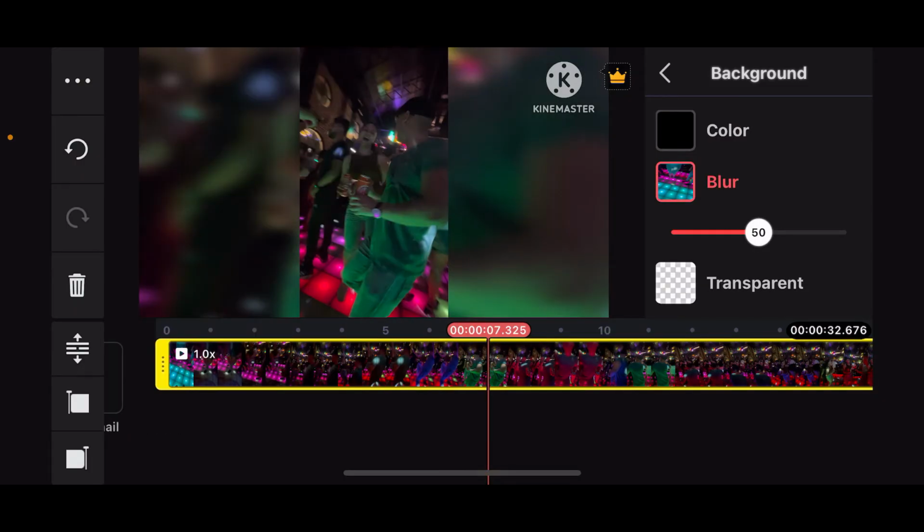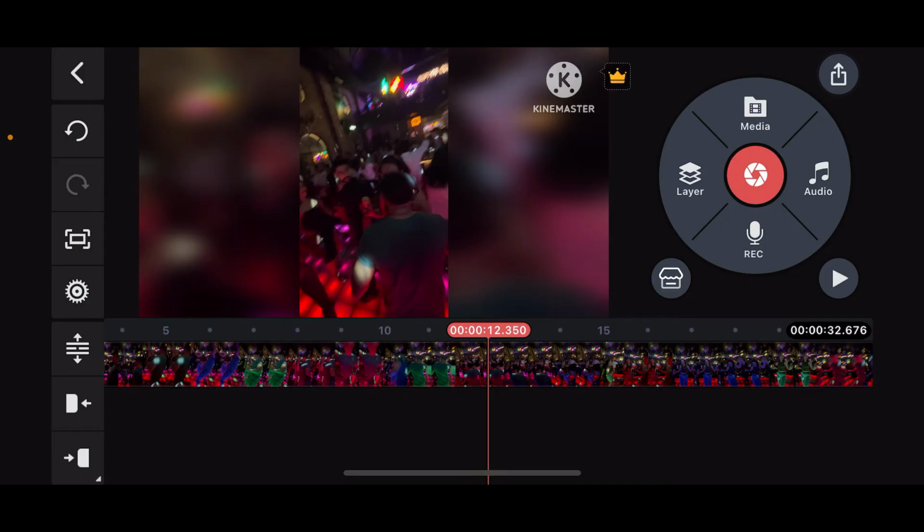Select blur from the menu and you will then be able to see the blur effect applied to your video. You will find a slider to control the intensity of the blur. Adjust it to your preference and you will effectively be able to blur the background of your video and create